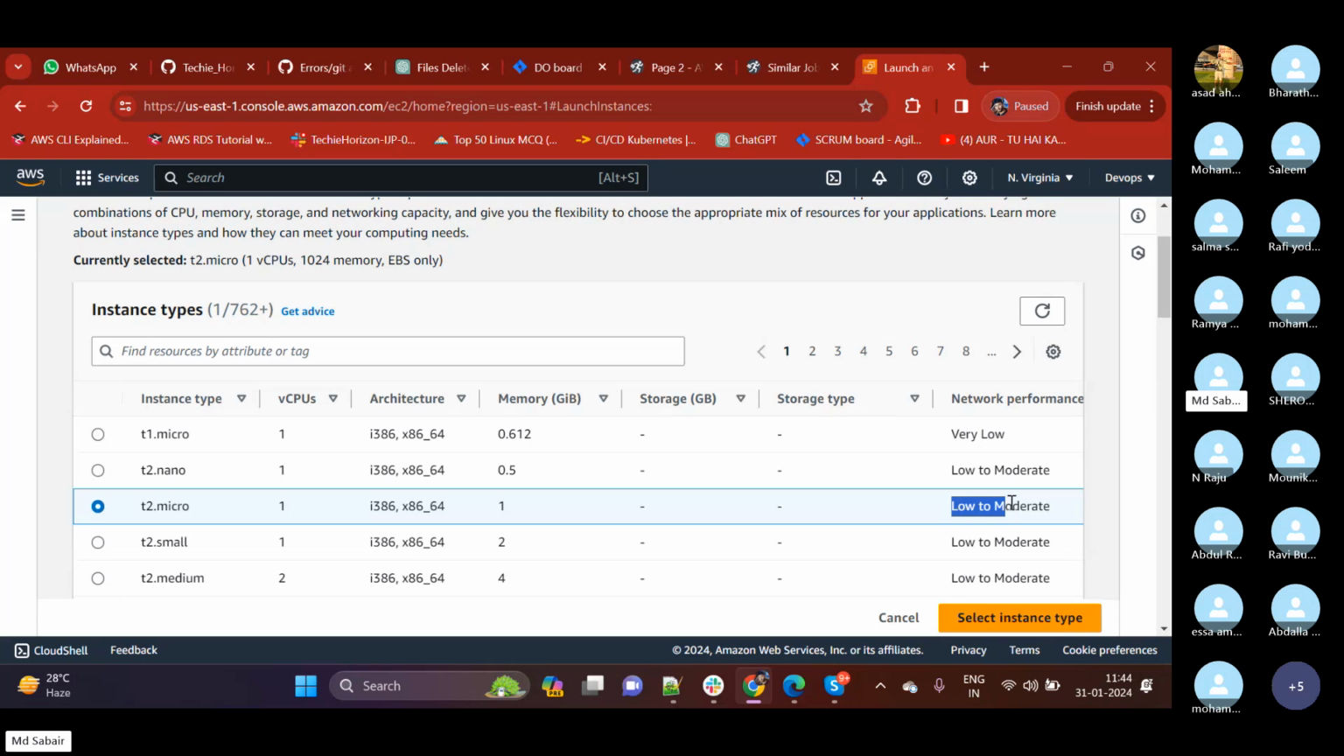There is a specific limit on these instances that it will only support up to 1 GB of internet speed, not beyond that. Even if you have a router for 5 GB, if your hardware is not capable of that, then it will not be able to fetch all the 5 GB of data. It will only take up to 1 GB because that's its capacity. Okay, so as part of training, we will be using T2 micro